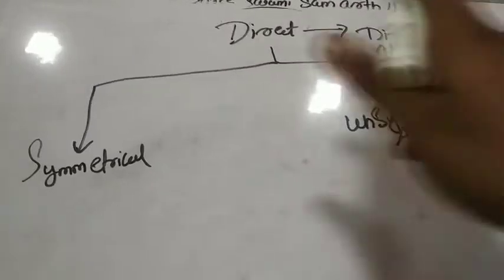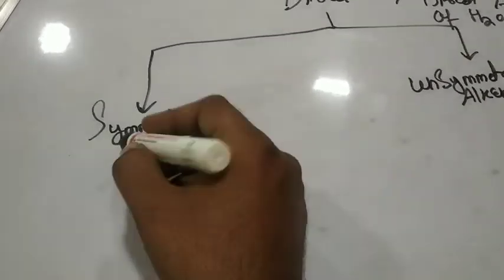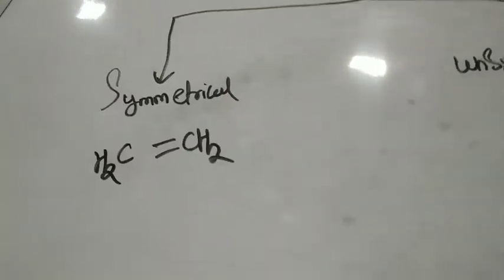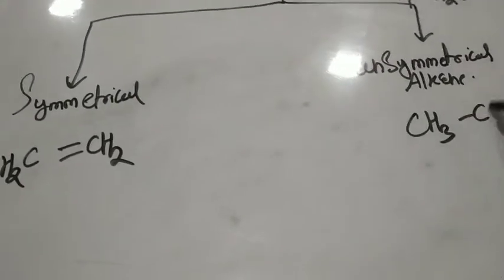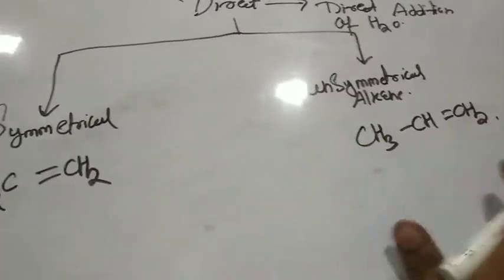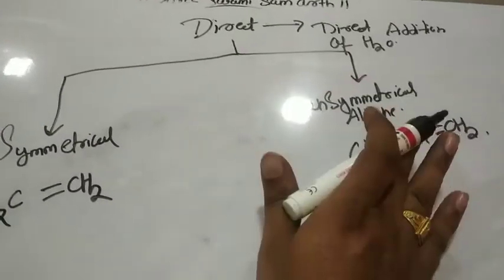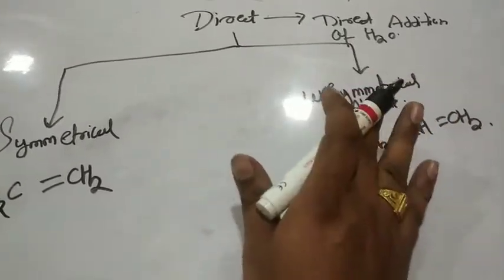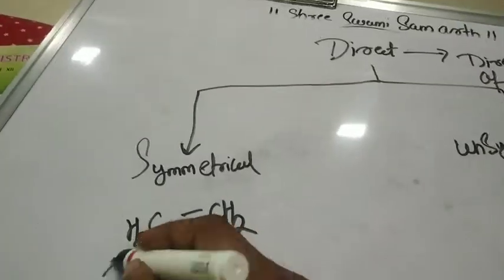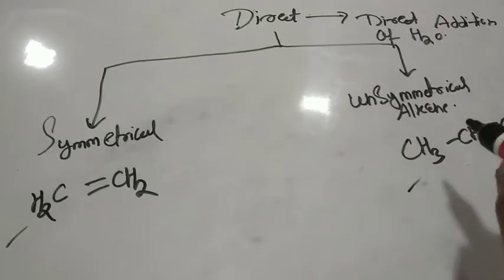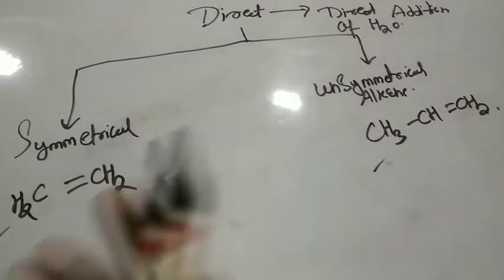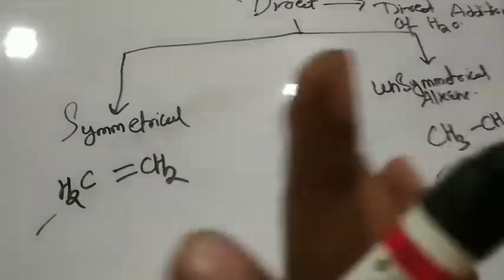So this is very very simple, symmetrical and unsymmetrical. So you have understood all the sub methods. अभी symmetrical क्या होता है? For example, CH2 double bond CH2, this is symmetrical. CH3 single bond CH double bond CH2. See, in all the methods of symmetrical, unsymmetrical, direct, indirect, oxymercuration, demercuration and hydroboration oxidation of alkenes, we are going to use these examples only. This is ethene and this is 1-propene. दोनों भी symmetrical unsymmetrical के लिए हम लोग यही example use करने वाले हैं.